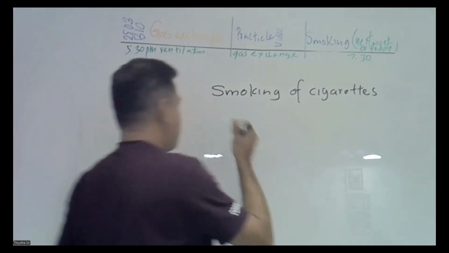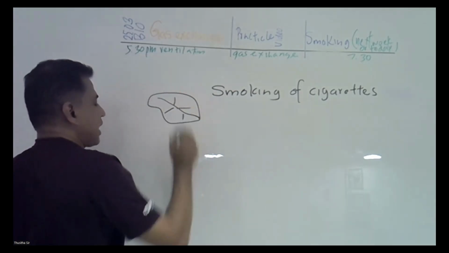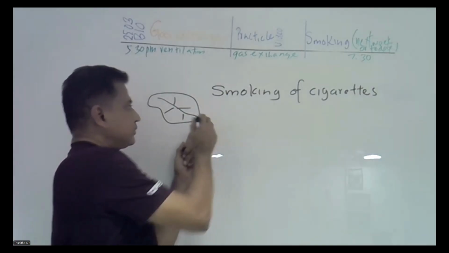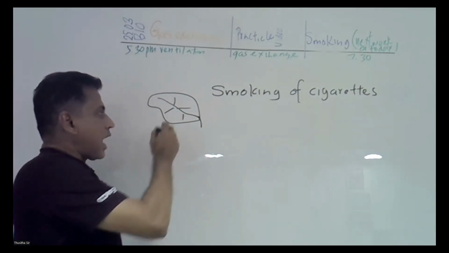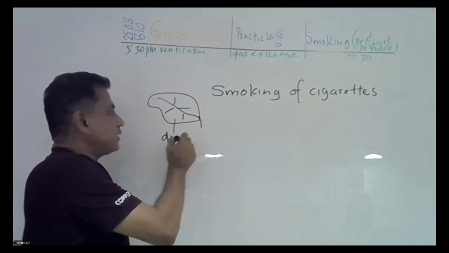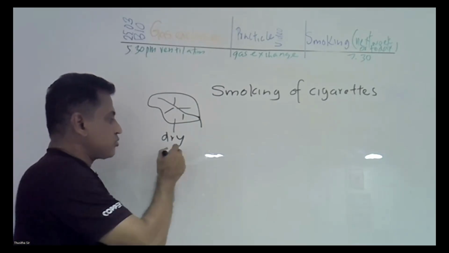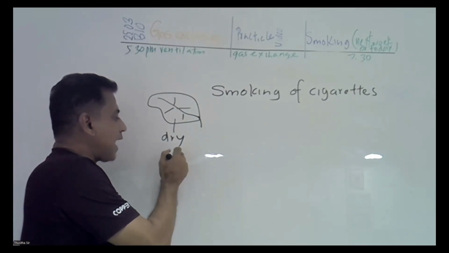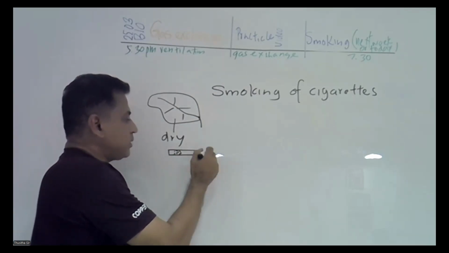So the tobacco leaf is like this, and they grow the tobacco plant, dry the tobacco leaf, and grind it to make the powder, and the powder they pack into a kind of paper cylinder like this,